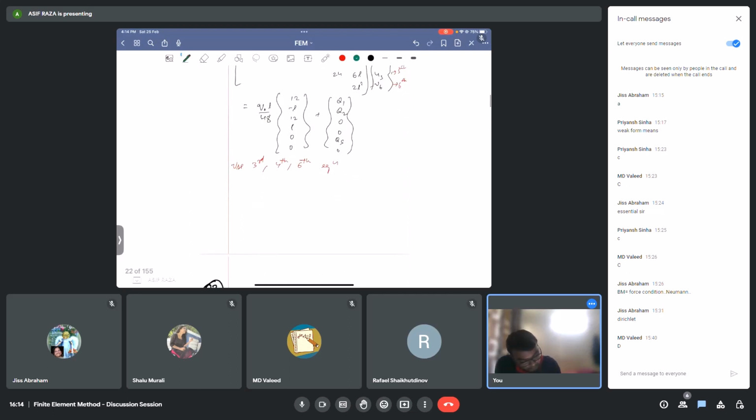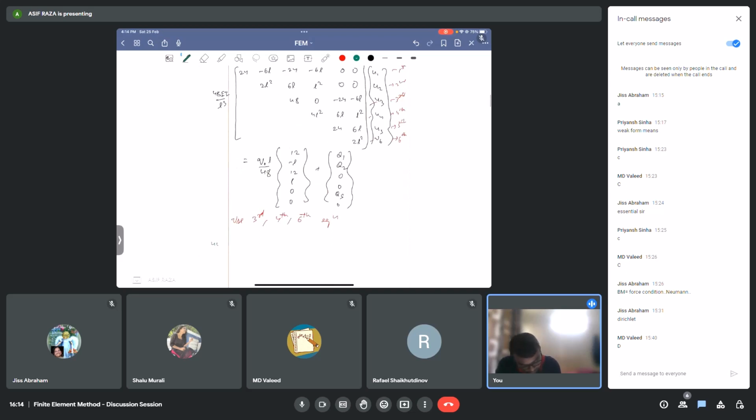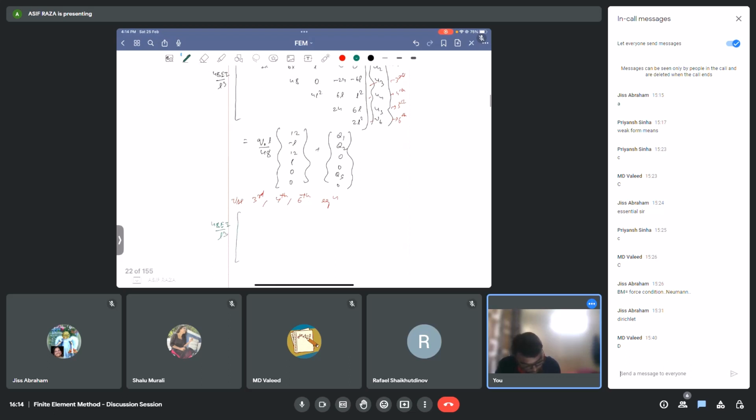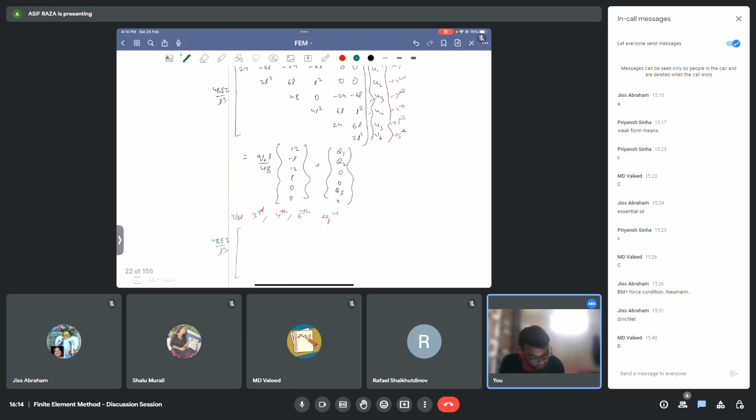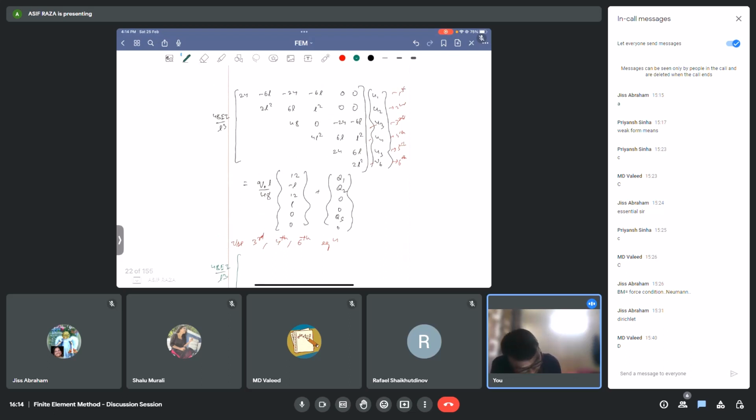Use third, fourth and sixth equation. We'll have 48 EI by L cube. This is equal to, okay, so third, I better write this complete, minus 6L minus 24 minus 6L 0 0, minus 24, this is 6L L square 0 0, this is 0, and this is 6L minus 24, this is 6L L square minus 6L. Okay,